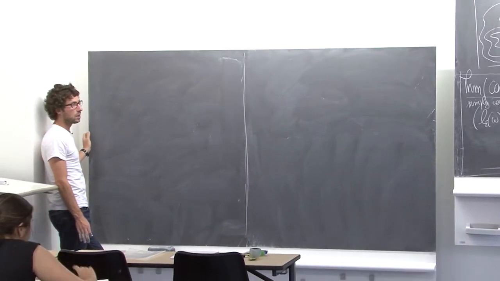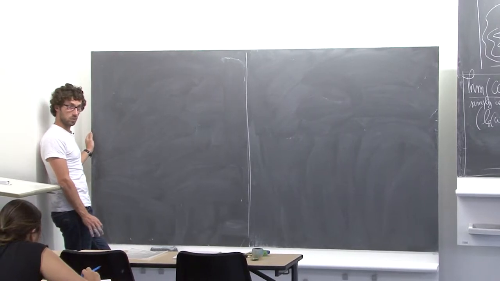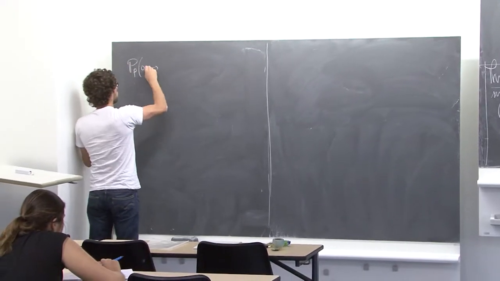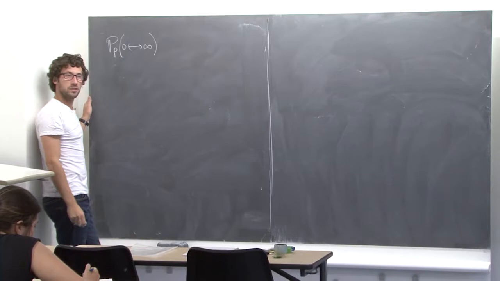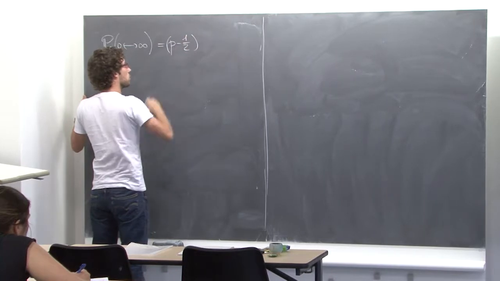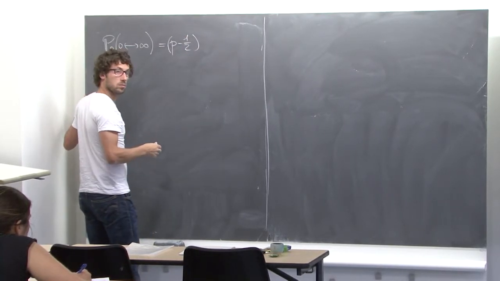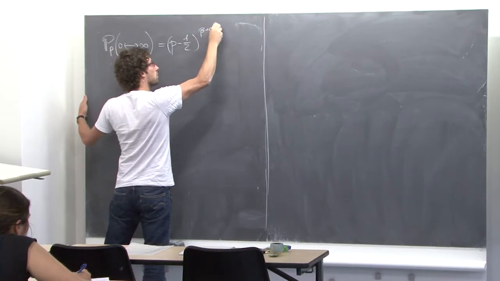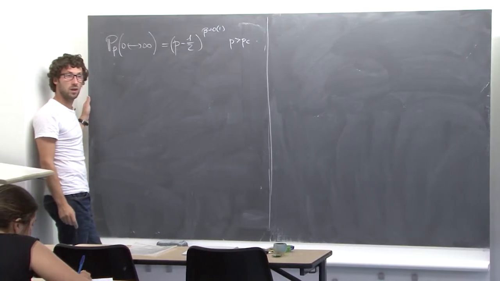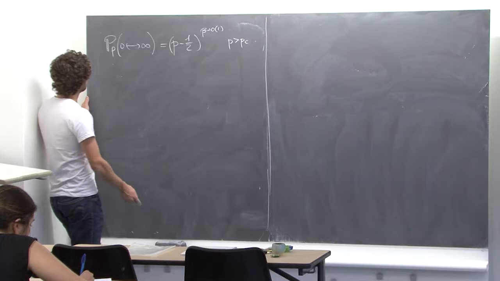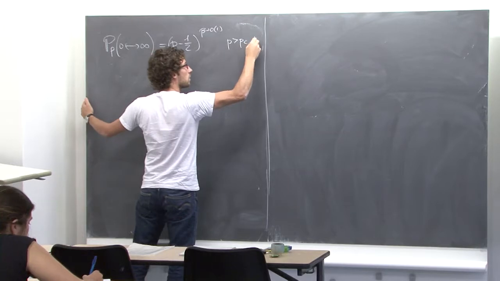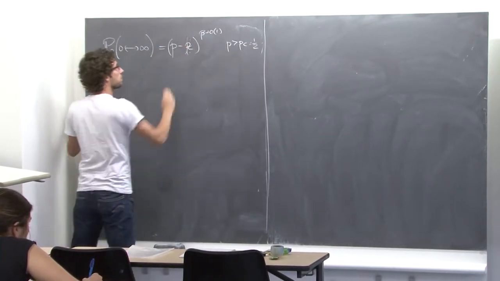So you can define other quantities of your model. For instance, you can define the probability at p that 0 is connected to infinity. For p larger than pc, this should decay like (p minus 1/2) to some power, so let's call it beta, plus little o of 1. Let's assume it behaves like that and try to get beta. Well, there is another quantity that you can look at. This is for p larger than pc, which is 1/2.